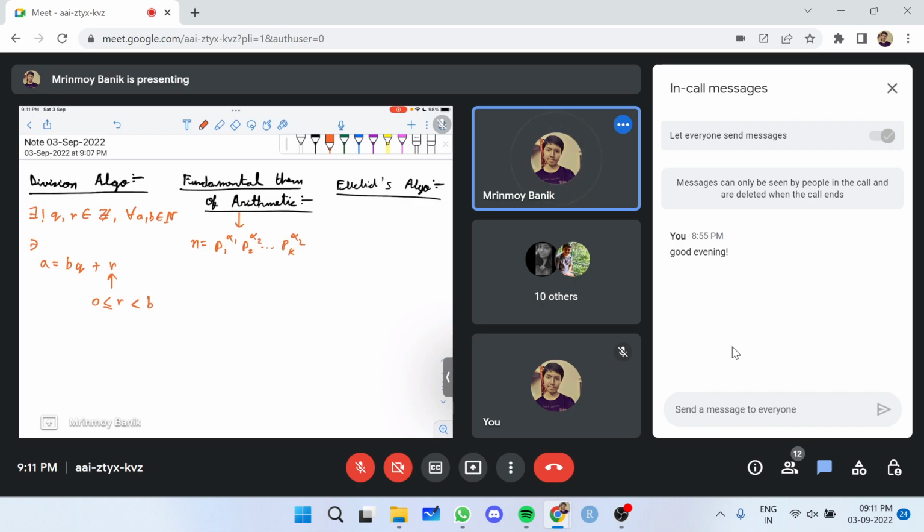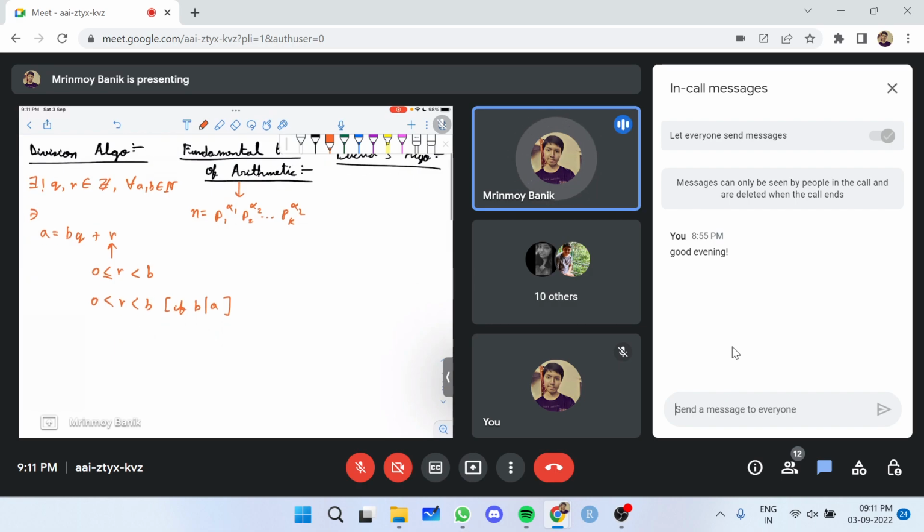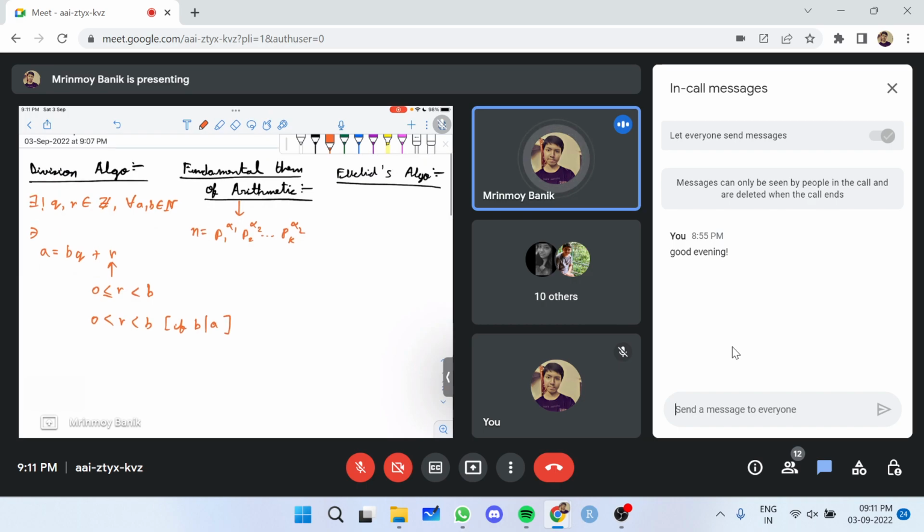This gets completely strict if we know that b doesn't divide a. If b doesn't divide a, then the remainder is always non-zero. So we get a strict inequality on both upper and lower bounds for r. That was division algorithm. And Euclid's algorithm. Okay, so let's